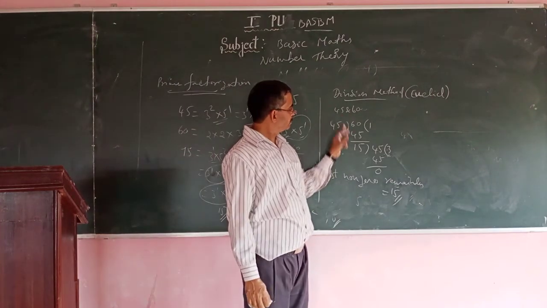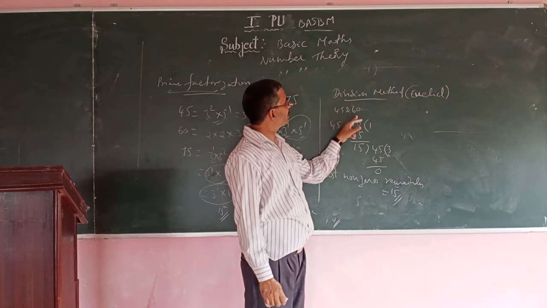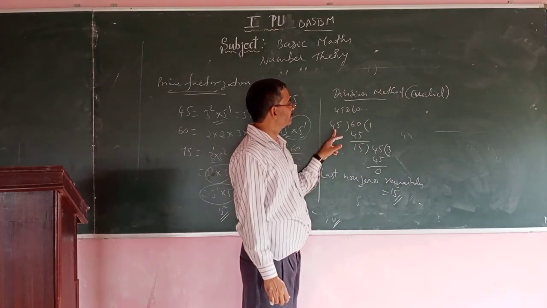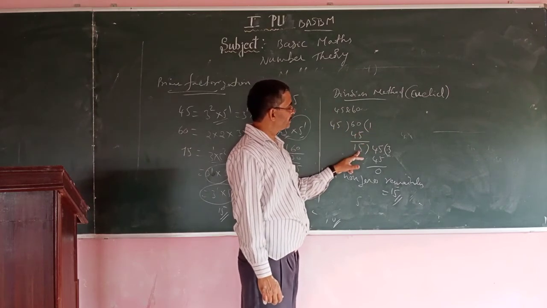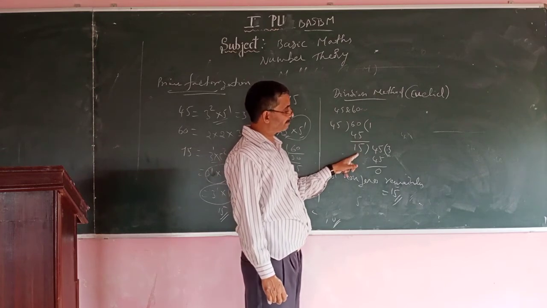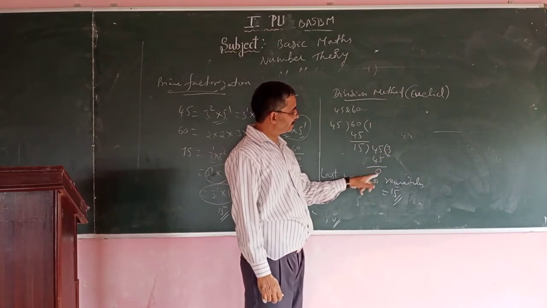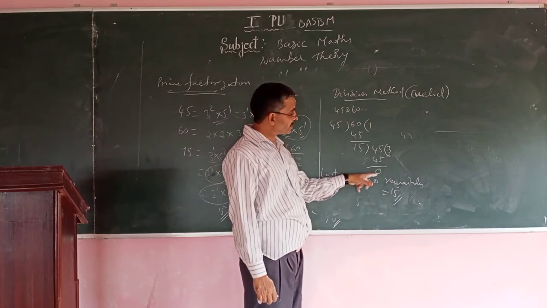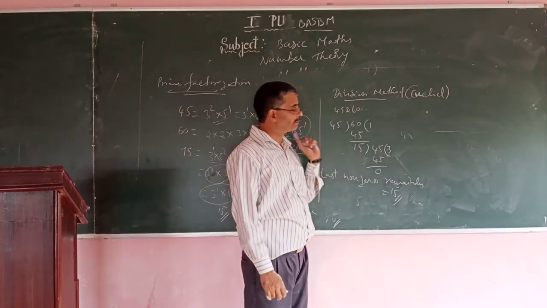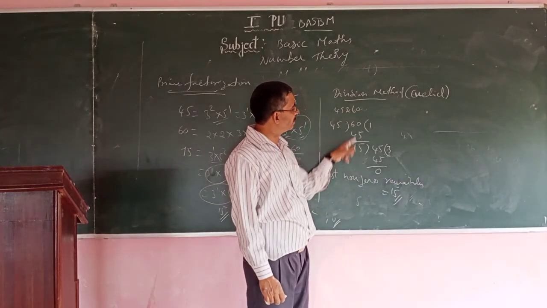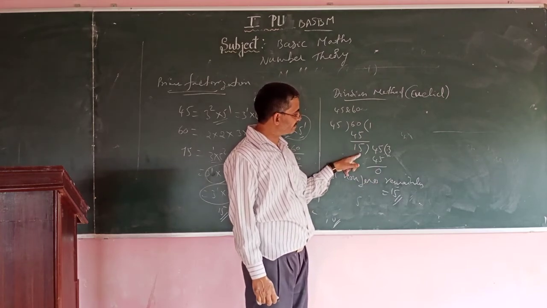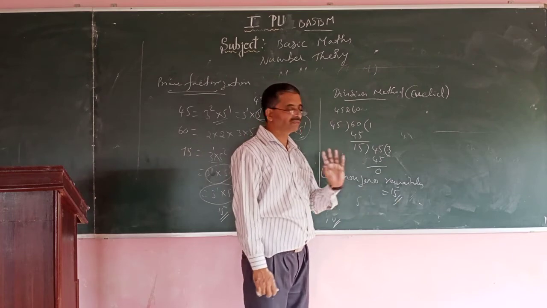So take two numbers. I have taken 45 and 60 here. The bigger one you write, divide by the smaller one. So 1 into 45. Take the remainder 15. Now you take this as a number. Divide by 15, this remainder. 15 into 3, 45. Remainder is 0. Now just take the previous one, which is 15. Last non-zero remainder is 15, no? Here, remainder is 15. Here, remainder is 0. Last non-zero remainder is 15. So, GCD is 15.